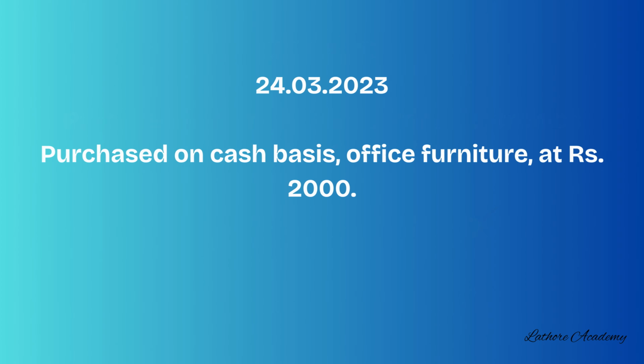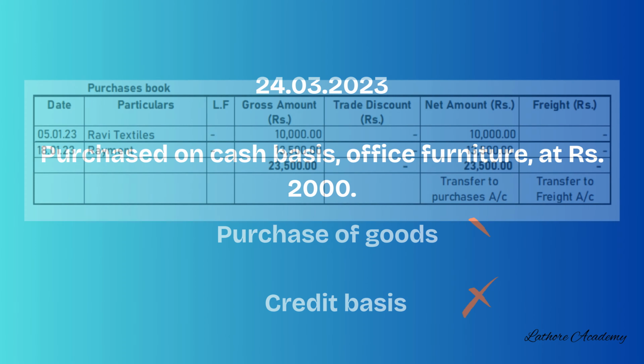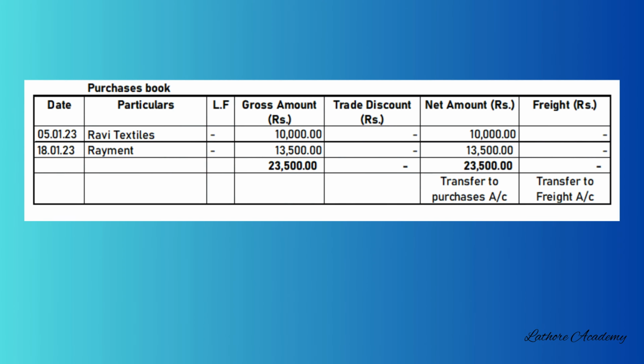And the last transaction, 24th March 2023, purchase of office furniture on cash basis. Students, this is a cash book item and also a fixed asset purchase, hence it will not appear in the purchase book. So only two transactions will appear in the purchase book, that is, 5th January, purchase of goods